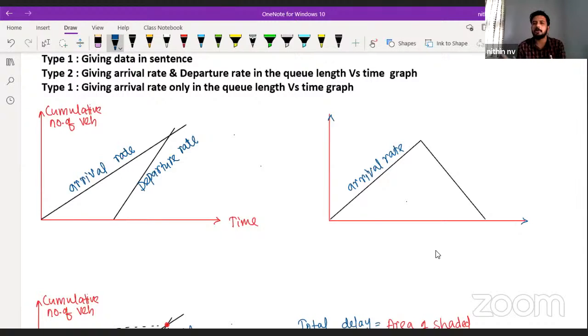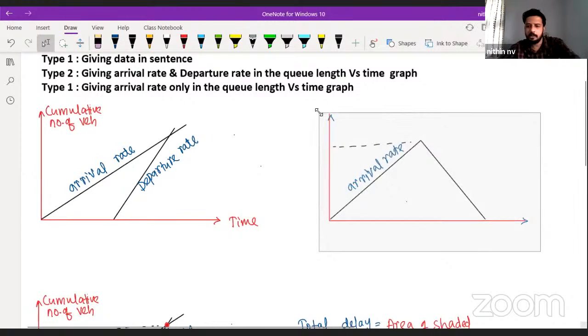In a better, simple way, we can study. You are not going to write university exams. If it is a university exam, then the actual procedure is you have to convert this graph into this graph, then calculate it. But for the GATE exam, there is a shortcut method. Simply, if they are giving this graph, for example, according to my example, suppose this is